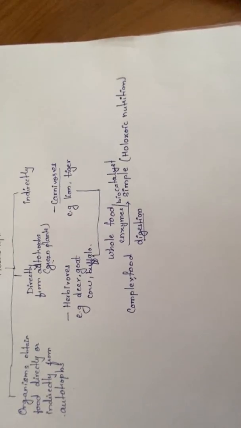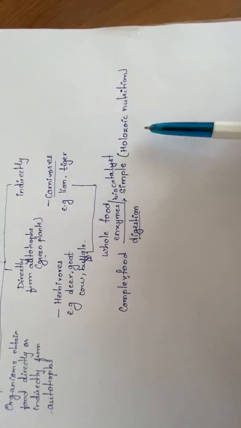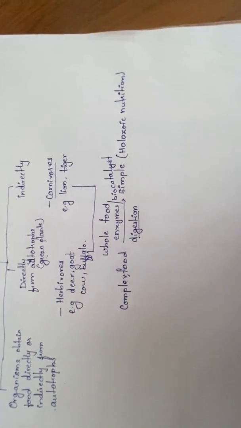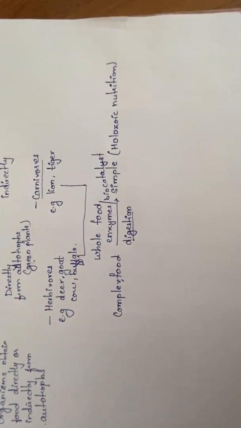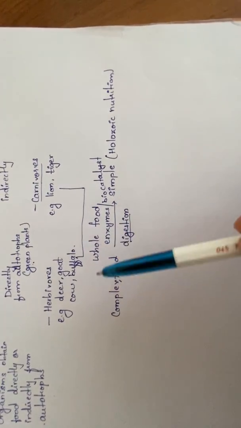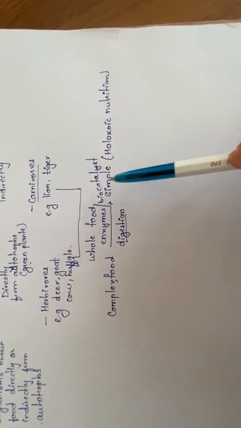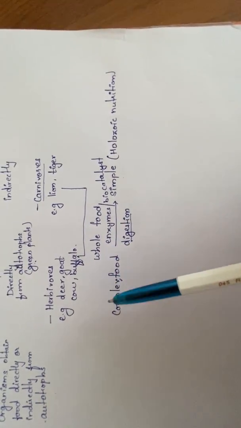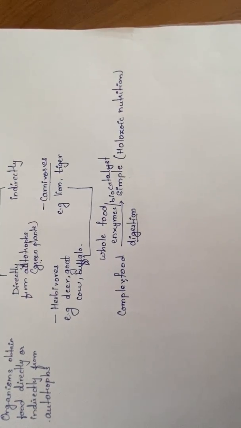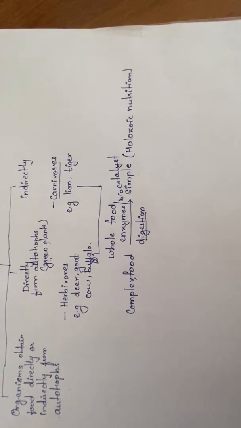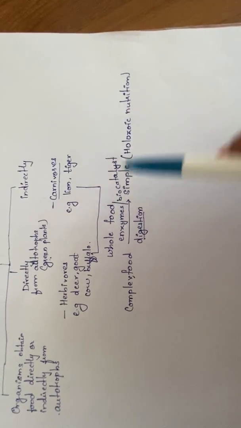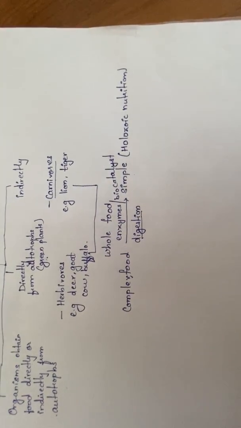Holozoic mode of nutrition. Holozoic means the organism consumes whole food and then derives nutrients from that whole food inside its own body by converting it into simple products. Conversion of complex food into simple is called digestion, and for digestion enzymes play a very important role. So here one question must have arisen in your mind: if organisms consuming whole food have such type of nutrition called holozoic,